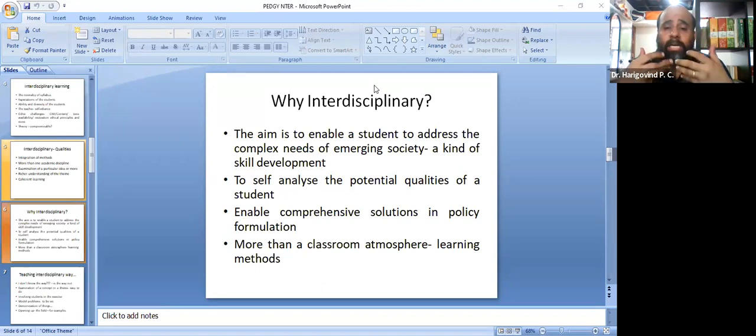A kind of skill development or skill enhancement is happening through making the courses interdisciplinary. So I think this is the greatest benefit, or the greatest reason, why our system should be interdisciplinary in nature. And second is the potential qualities of a student. I have already referred to that. Sometimes there will be an inbuilt quality in a person. For example,